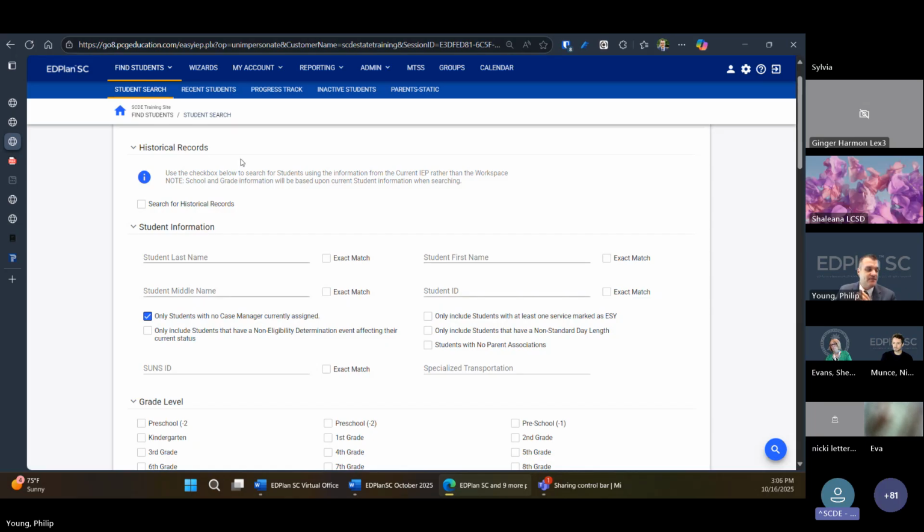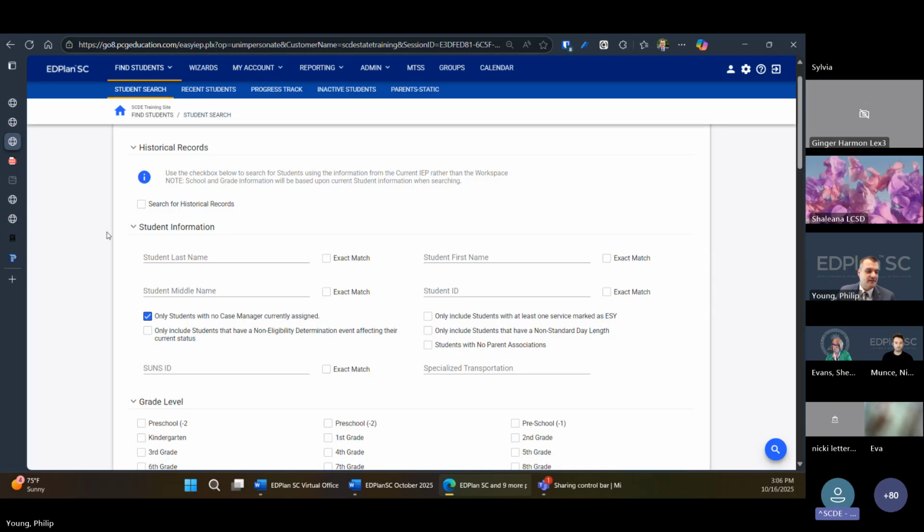So that would be the other thing: in their My Students widget, those case managers need to be paying attention, because if they have 10 kids on their caseload and all of a sudden there's an 11th, that means that 11th student has re-enrolled and is going to show back up on that case manager's caseload. But there's not a way that the system is necessarily flagging those kids that all of a sudden become active again, especially if they are transferring from out of state or something like that.